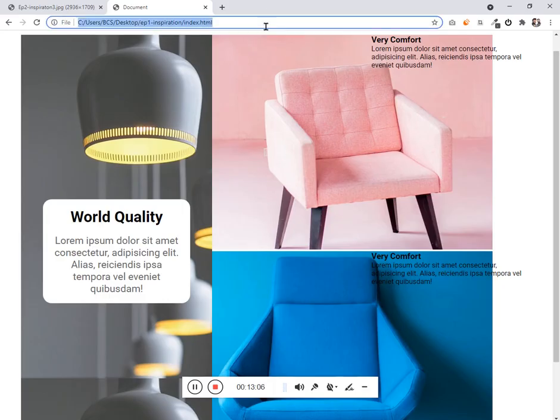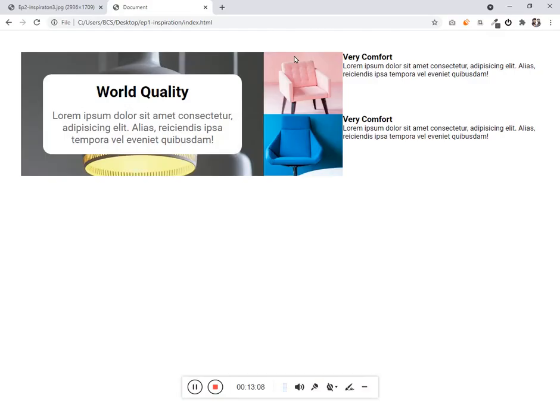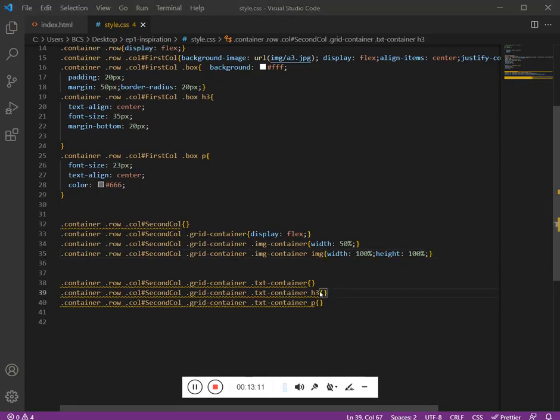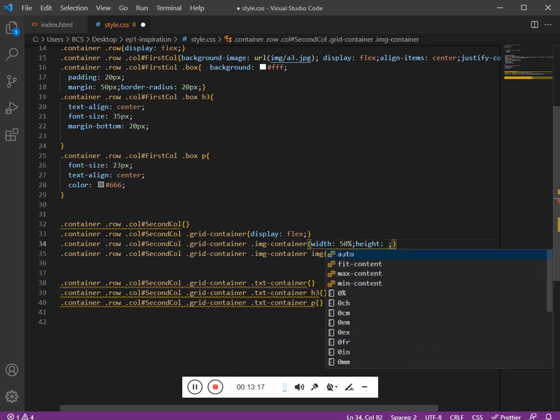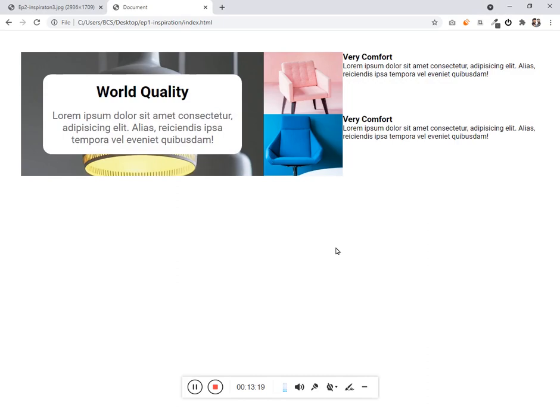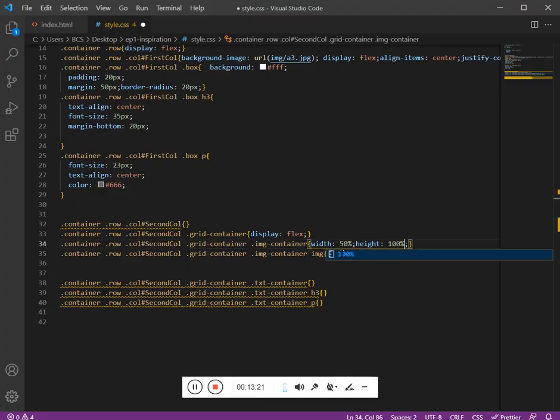Refresh this. So it obeys the container width and height. I think we have to give the height of, let's say, auto, 100%. I want the height to be 300 pixel.